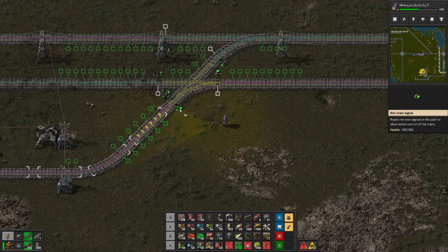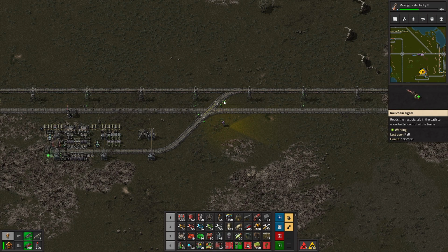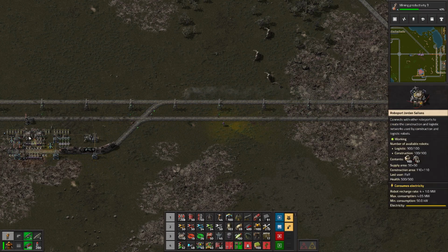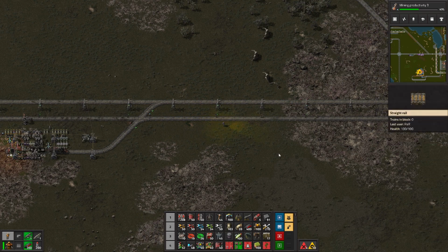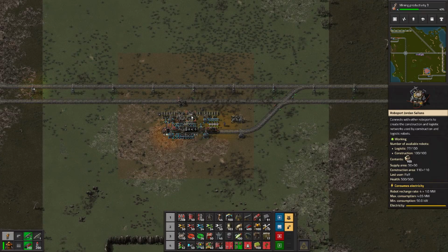Let's do it like this. Let's say we'll have a chain signal here and a chain signal here. When we are leaving, we really want to make sure that there is lots of space. These two chain signals mean that we want to have free space up to here and up to here. So we want a lot of free space, which, given the size of these trains, probably means that the trains should be able to fully exit this area. Okay, now with that done,